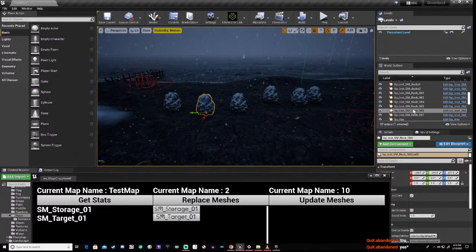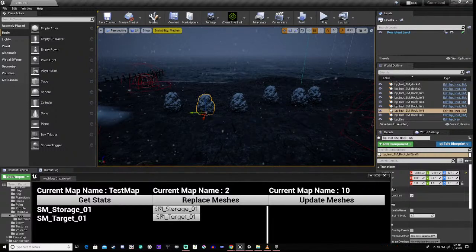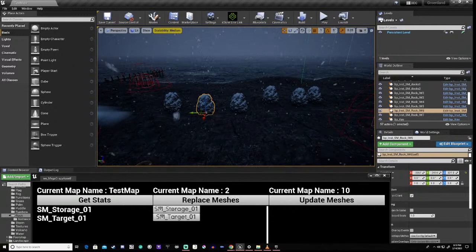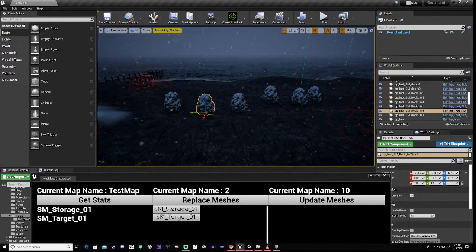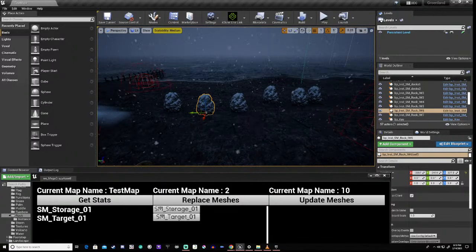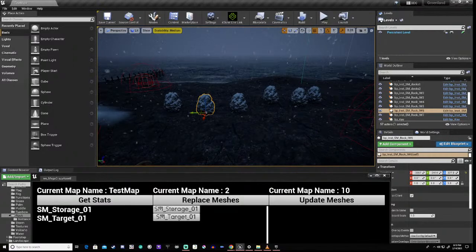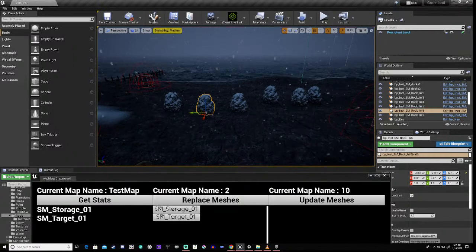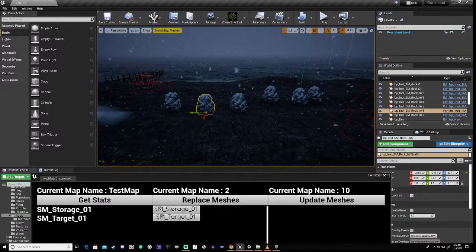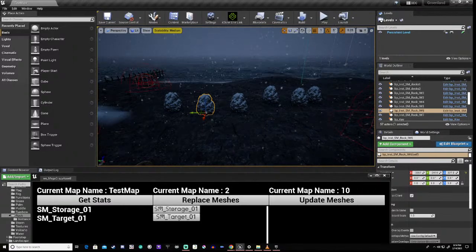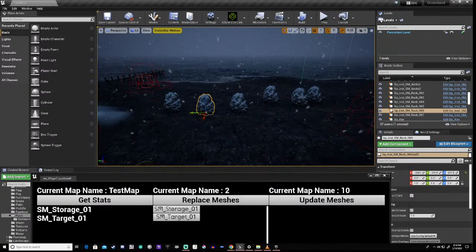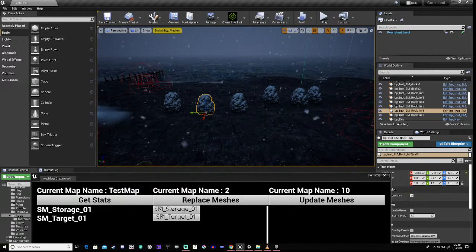So when I press play, and if I do the optimization, these will be taking absolutely zero draw calls. Right? These will be basically doing nothing. Right? And with instance meshes as well, right? You can basically draw millions of them, right? And it makes no bleeding difference. Okay? But there you go. This is working absolutely spot on perfect.